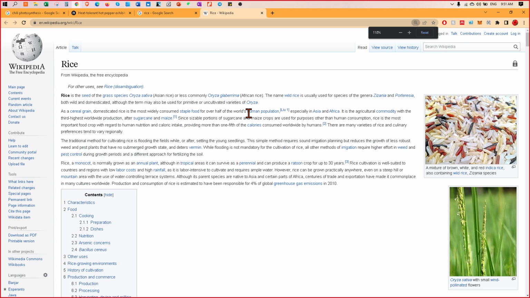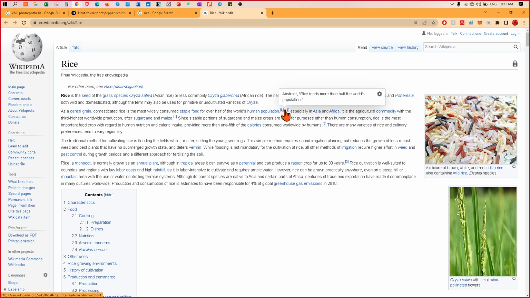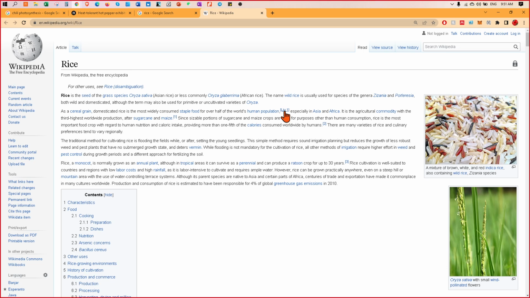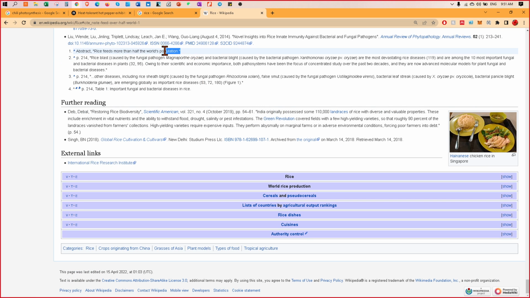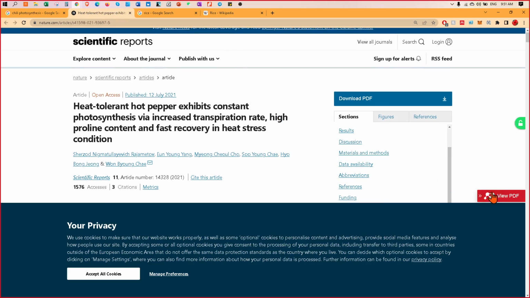If you're looking at an article like Wikipedia, you can notice that there is a sign like this. This clearly says that this has been quoted from somebody else. So what you need to do is don't use Wikipedia as the reference, like here. This is wrong. If it's clear that Wikipedia has quoted it from somewhere else, go to the original article. Just click it, then you can follow it. For a scientific article like this,